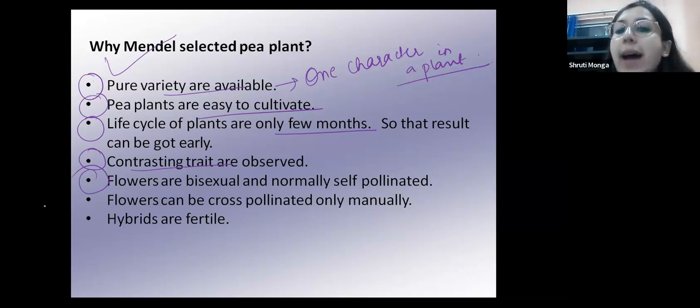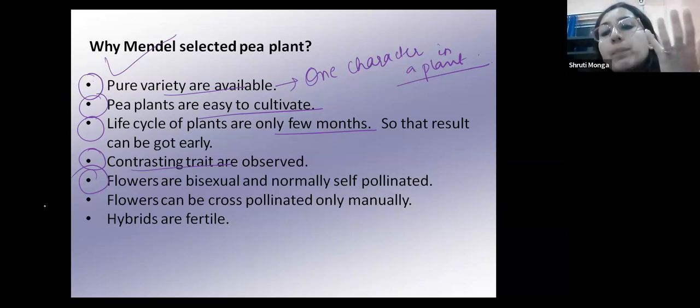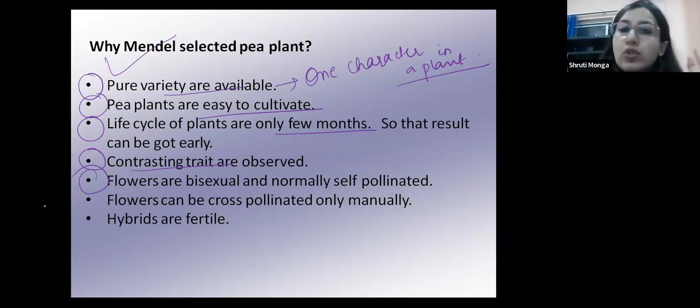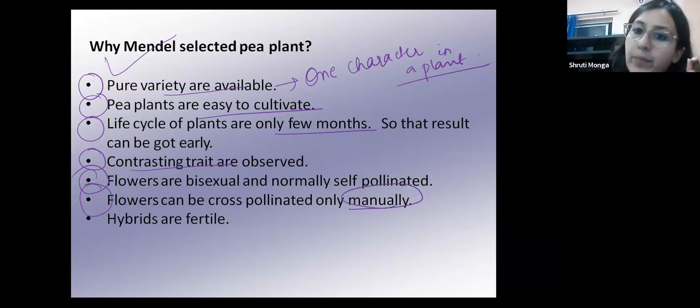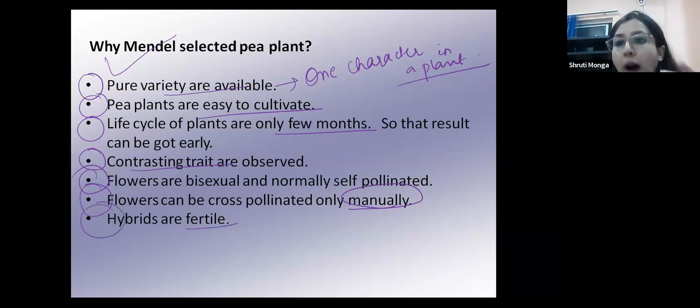और क्या रीजन था जो उनको पी प्लांट्स चूज करने थे? फ्लावर्स आर बाइसेक्सुअल एंड नॉर्मली सेल्फ पॉलिनेटेड। बाइसेक्सुअल है, अपने आप पॉलिनेशन हो जाएगा, कोई इशू ही नहीं है कि आपको ये सोचना पड़ेगा अच्छा फ्लावर को पॉलिनेट भी कराना है। नो, बाइसेक्सुअल है, दोनों मेल एंड फीमेल रिप्रोडक्टिव पार्ट्स एक ही फ्लावर में हैं, अपने आप पॉलिनेशन हो जाएगा, नो इश्यूज। ओके, अगर क्रॉस पॉलिनेट कराने की जरूरत पड़ेगी तो वो मैनुअली भी हो सकता है।